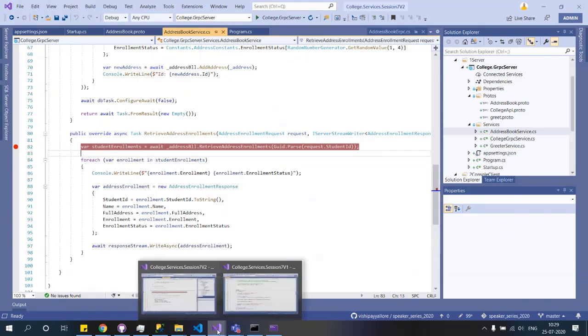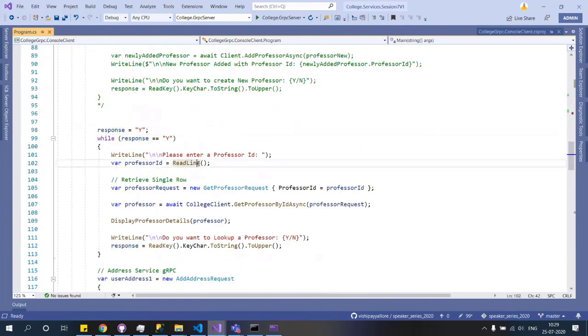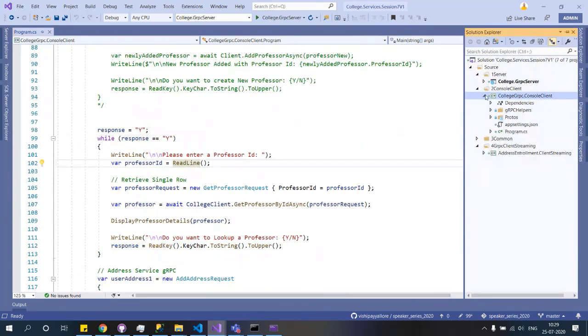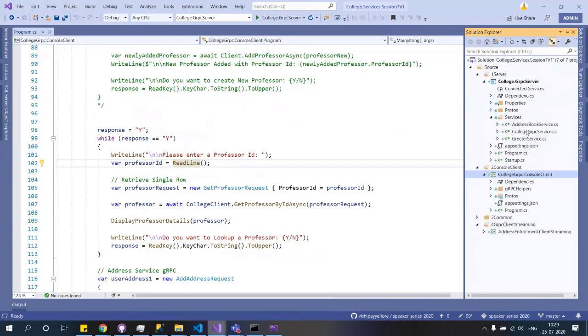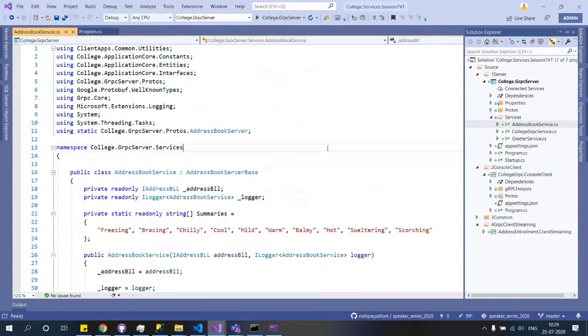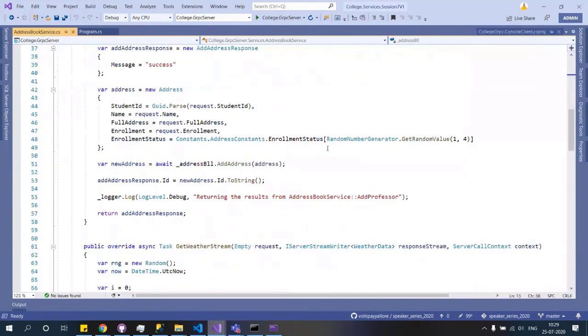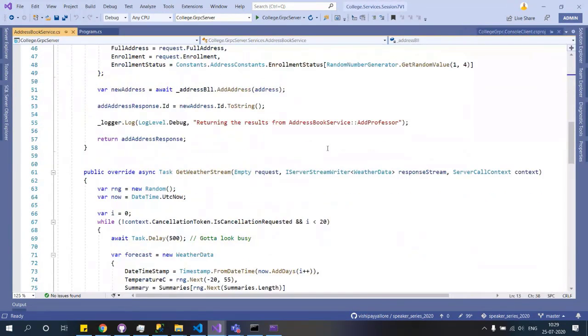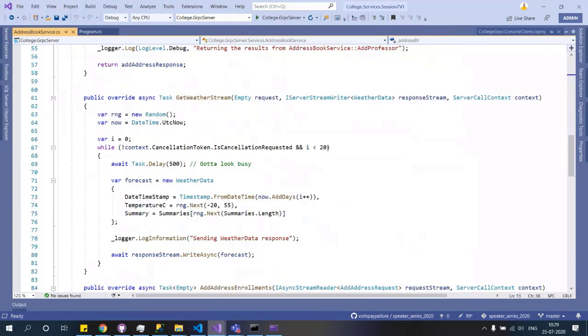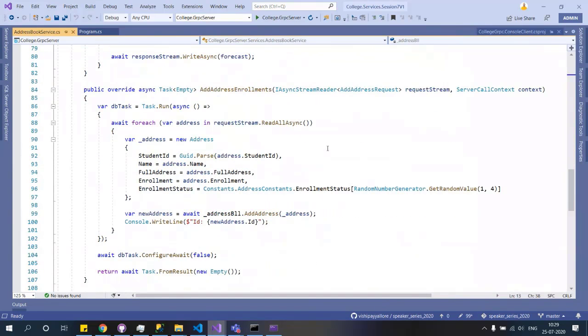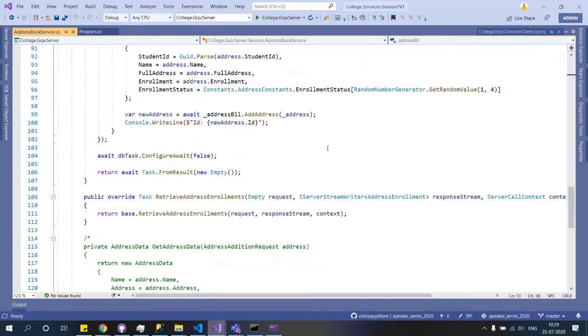I'll see this here real quick. Let's go to the server side code and see if at all something is missing in here. Address enrollment. Yeah, check with app settings and client side connection though.